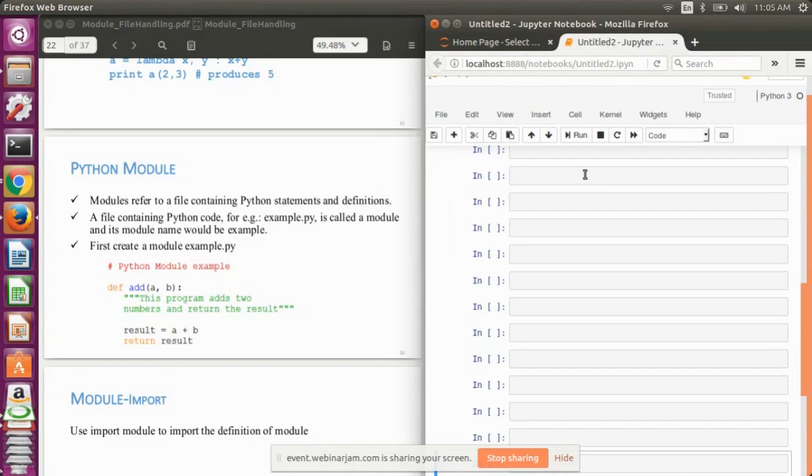If you want to make a calculator, we can make a module named calculator, and define all the functions of add, subtract, division, multiplication within that file, and then import that file in our program.